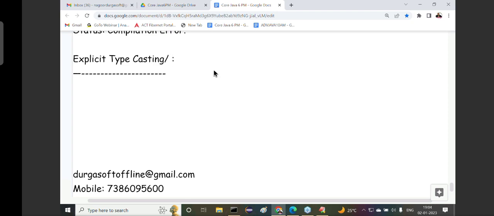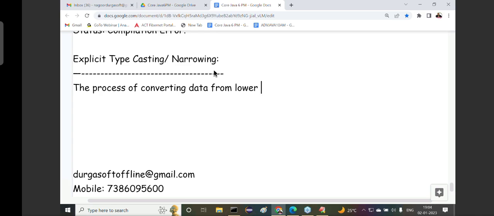Either of the terms we can use. What is the meaning of explicit typecasting? The process of converting data from lower data type to higher data type is called